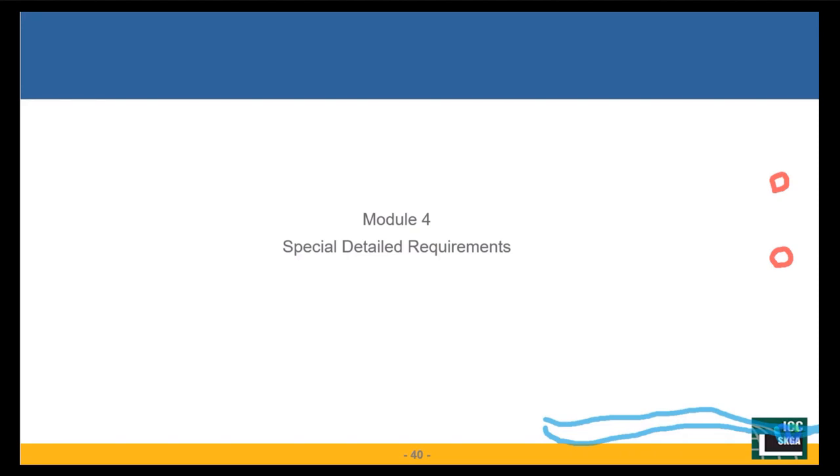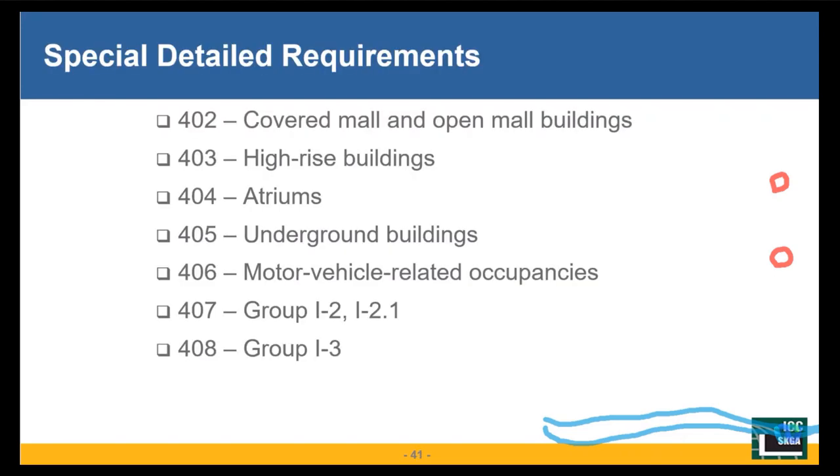Now we'll talk about special detailed requirements for use and occupancies, and then we'll go back to the allowable heights and areas, and then we'll conclude. So in the past, for those of you who are familiar with the UBC, the occupancy would be listed and the requirement for that occupancy would be contained in the same area, the same section. Well, the IBC approach is to list the occupancy classification in Chapter 3, and then in Chapter 4, the detailed requirements. And the reason being is because there are several uses that are in a specific occupancy,